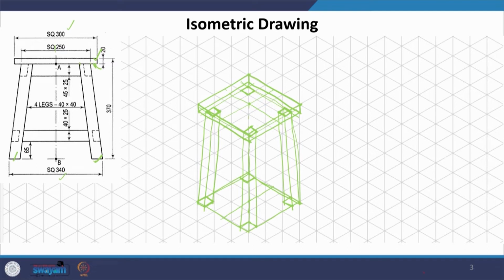Now, what we have is, we have these horizontal connectors. Okay. So, this is what we are going to draw. Now, if you look at this, this is going to be slightly inclined, because this is what this plane is going to be. Now, this is at a height of 65. So, at a height of 65, now where will you measure the height of 65? We will measure the height of 65 here, or we could also measure the height of 65 here. Okay. But it does not make any difference. So, I could take it like this. I can draw